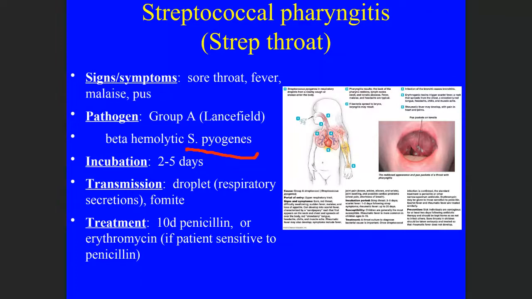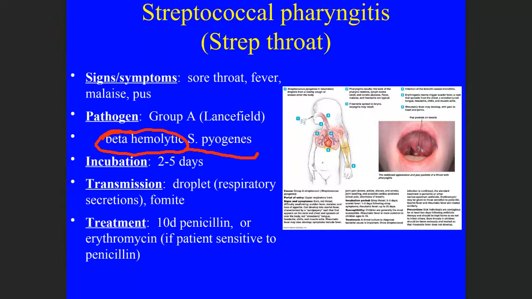But Streptococcus pyogenes can cause a lot of different complications. You've probably heard of the flesh-eating disease caused by flesh-eating bacteria. This is one of the causes of that, but it has a lot of other things that it can cause. It's a beta hemolytic strep. Does anybody remember what beta hemolysis means? Yeah, it has the ability to lyse red blood cells, exactly.